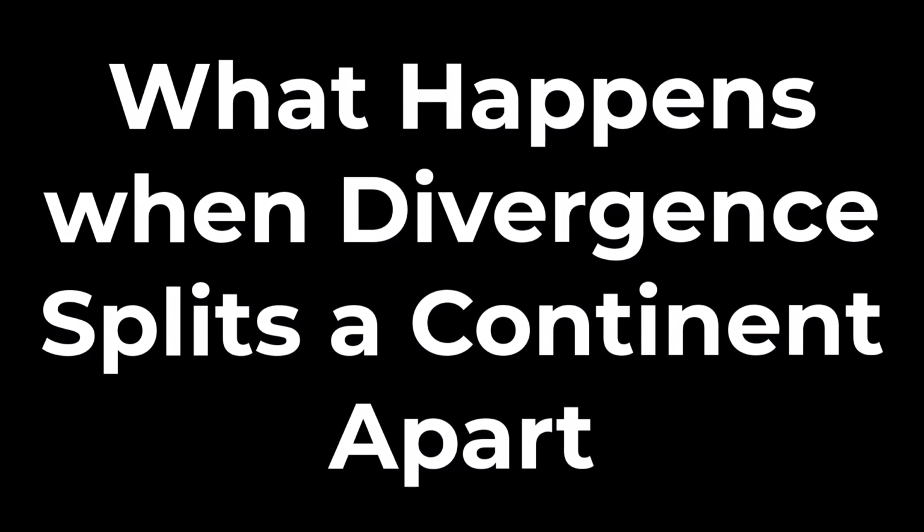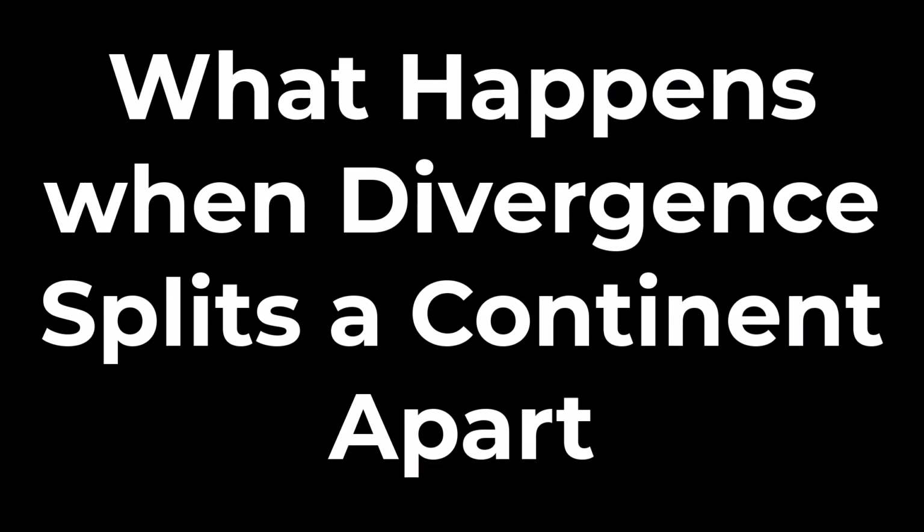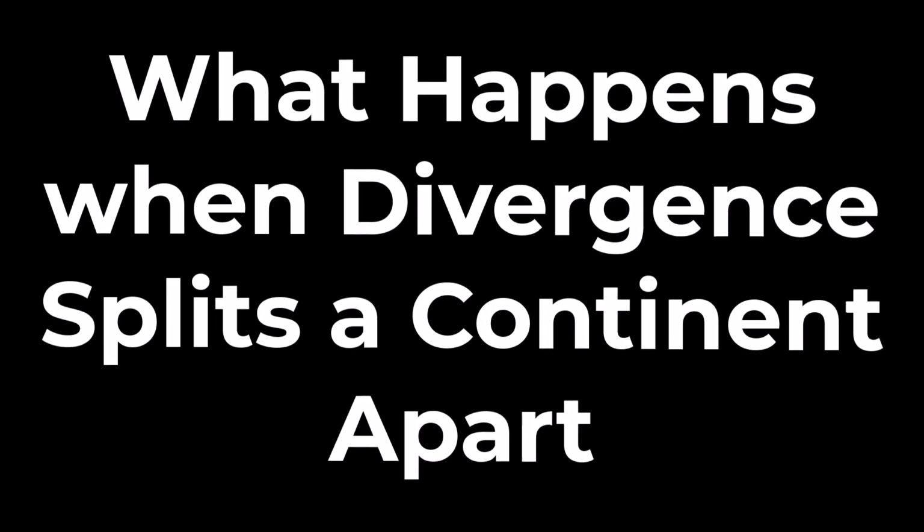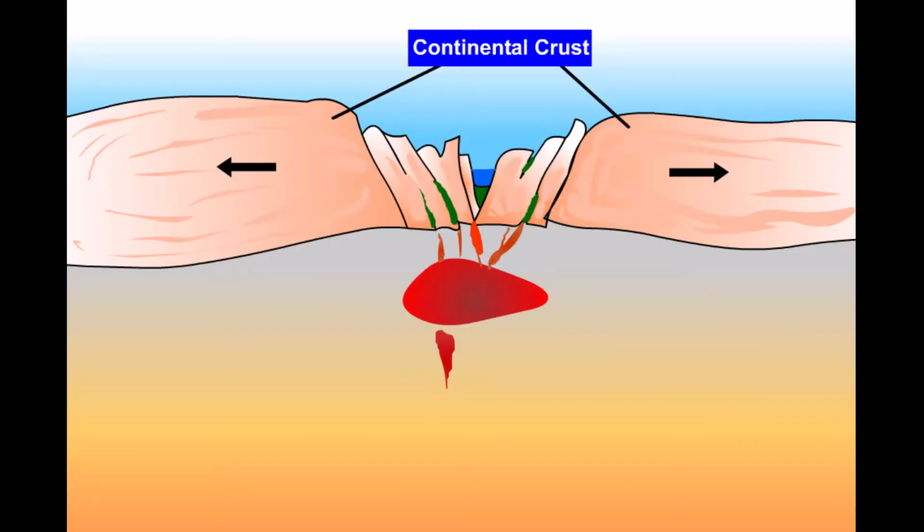Dear learners, now I will explain what happens when divergence splits a continent apart. This illustrates the activity that accompanies continental rifting or breakup, where hot asthenosphere rises up beneath a continent, the crust heats up and weakens and gradually begins faulting and breaking apart. Basaltic magma generated by melting of the rising asthenosphere intrudes into the faulted zone and commonly erupts into the basins